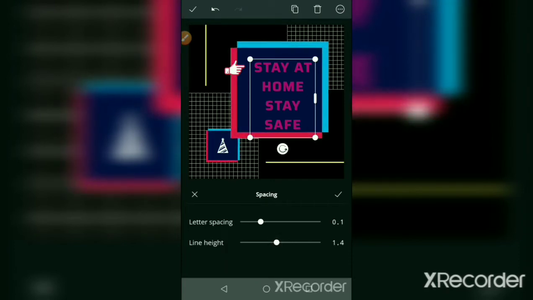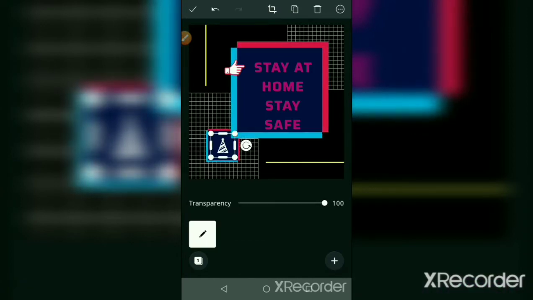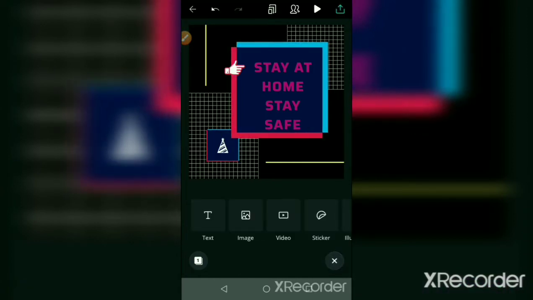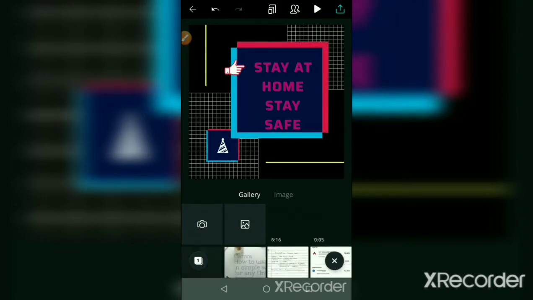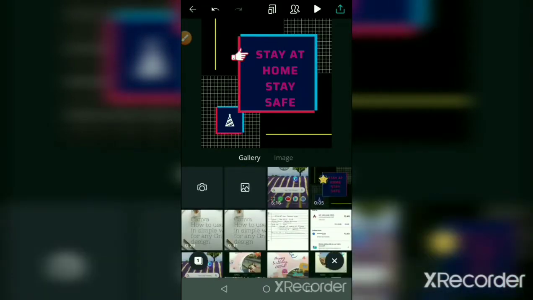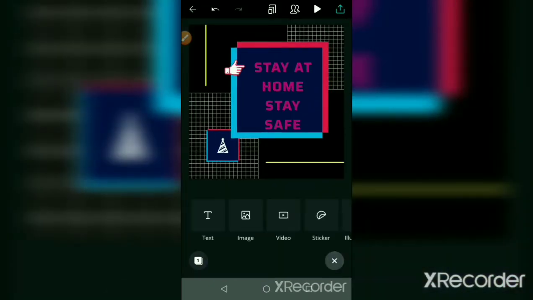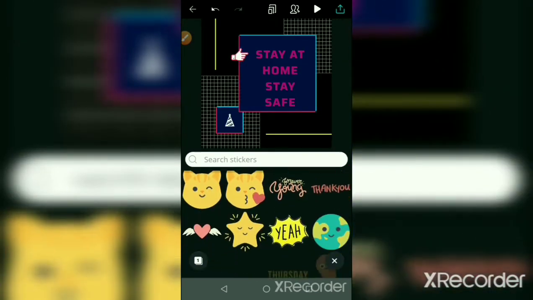Just tick, click it. If you want to change this image, just click on plus, click on image. You can select any image. If not, just click on plus. If you want to change the sticker, take a sticker.